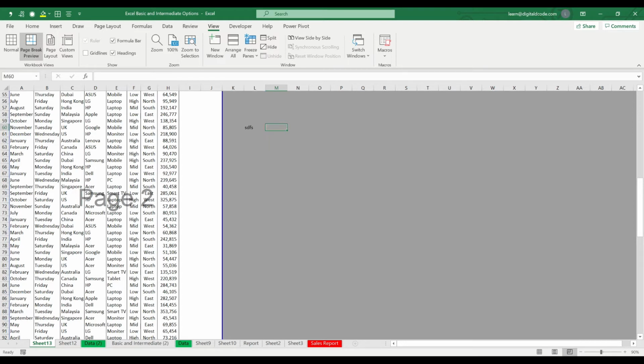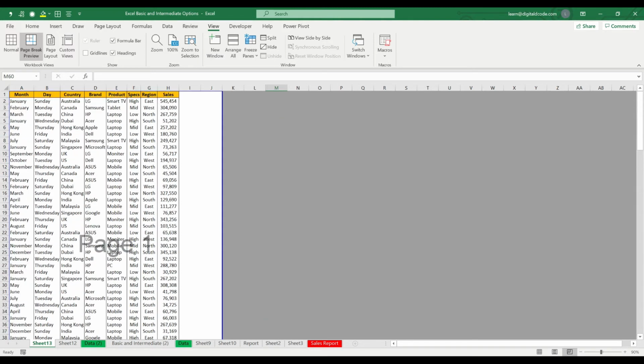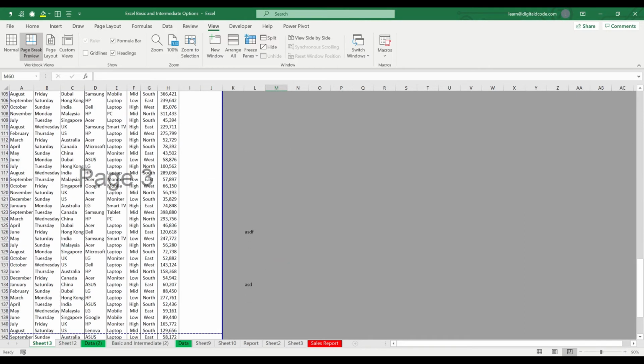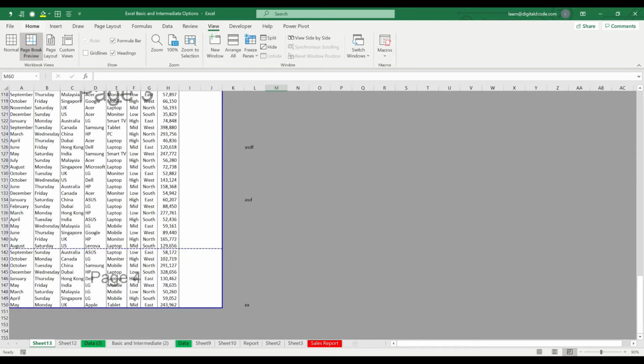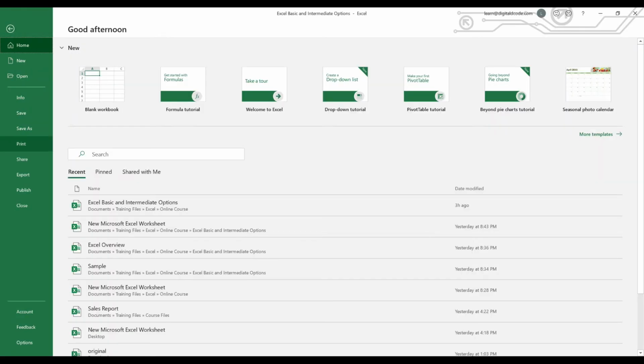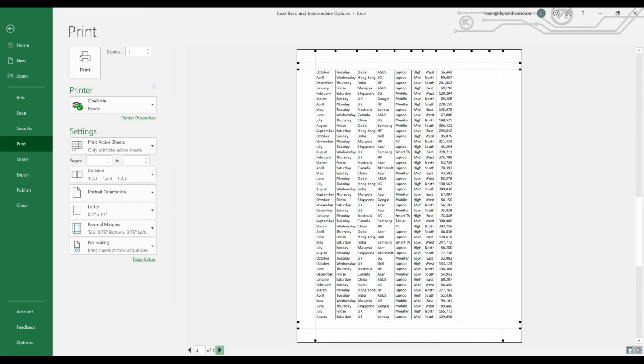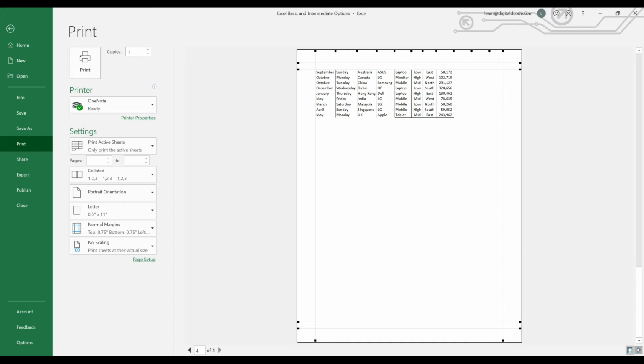Now if you see, wherever there is a gray area, that data will not be picked up for the print. Only the data which we have within the blue color line will be captured during printing. So now here I have 4 pages. Let me go and check. File, print. This is a preview. Now if you see at the bottom, I see only 1 to 4 pages. This is first page, second page, third page, fourth page. Hereafter I don't have anything. So we are taking print only for the 4 pages.